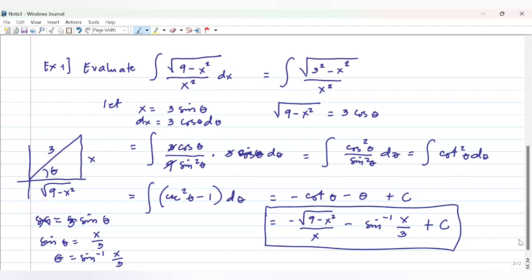Okay. So what if we have a function that is the square root of a squared plus x squared? That will be on case 2. So in case 2, we have the form that is square root of a squared plus x squared. Actually, whichever comes first. So in here, of course, your a is greater than 0.